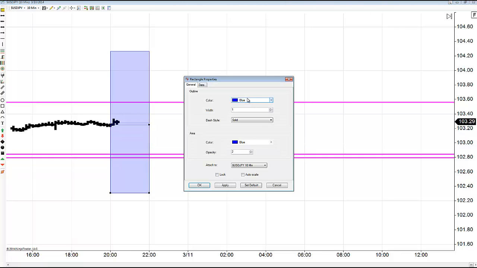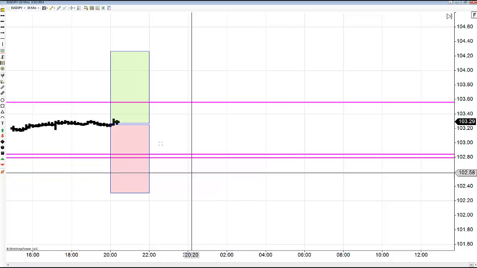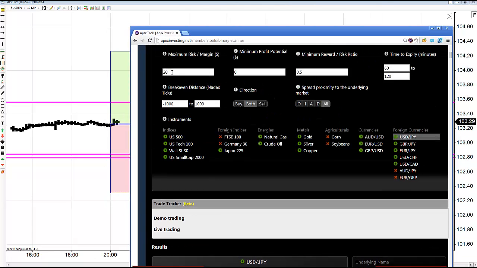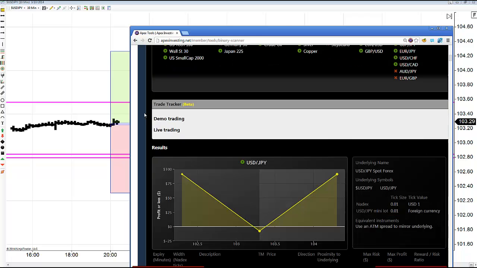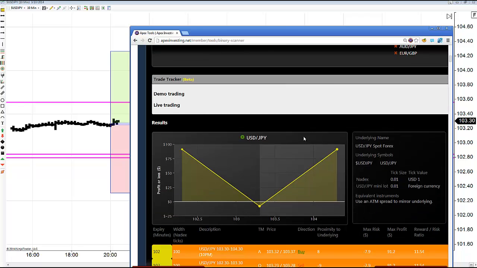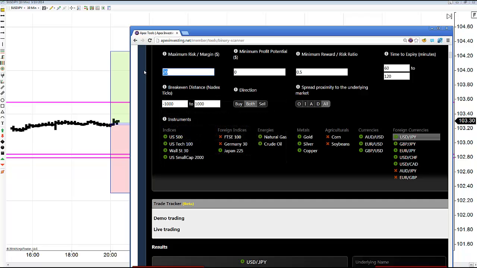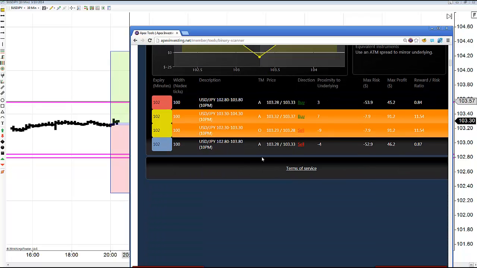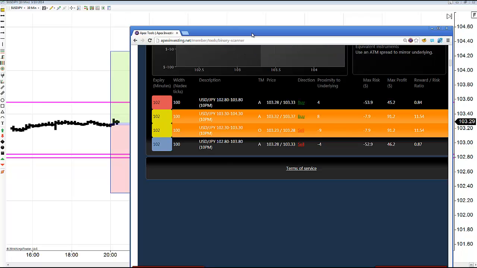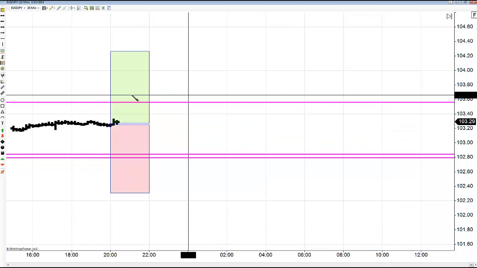So we'll just say this is the lower spread. We'll make it a red color, okay? We got the upper spread. We'll make it green. And then there's one more spread right in the middle. That was the one I was sort of getting rid of when I put the max risk on there. Bring that one back real quick. Which is 102.80 to 103.80. That's the same spread. It's just one's long and one's short if you're buying or selling it. So 102.80 to 103.80. So I'll grab that one, 103.80